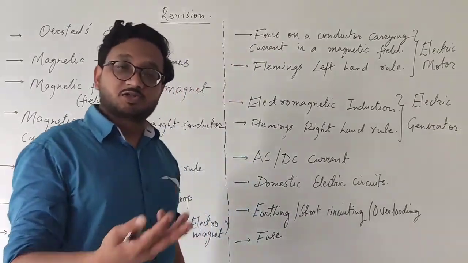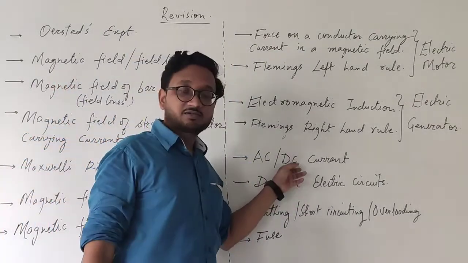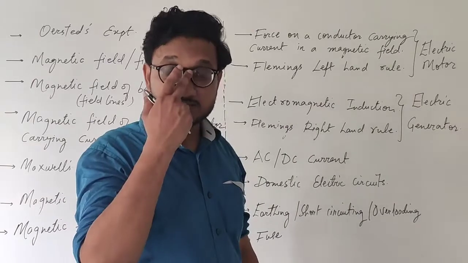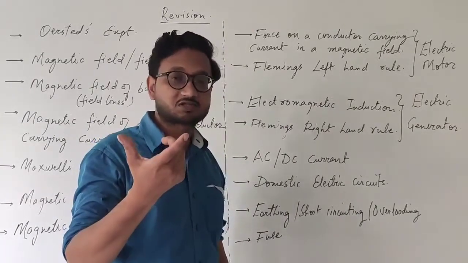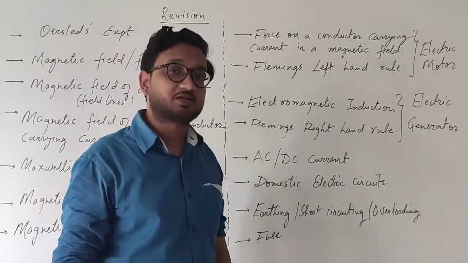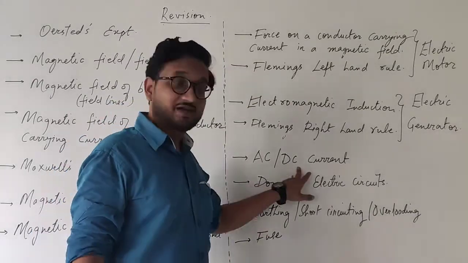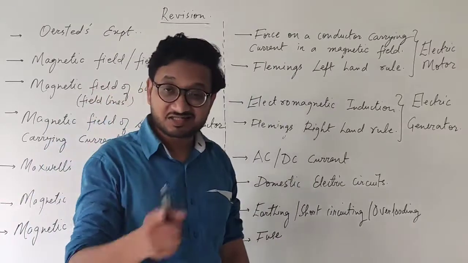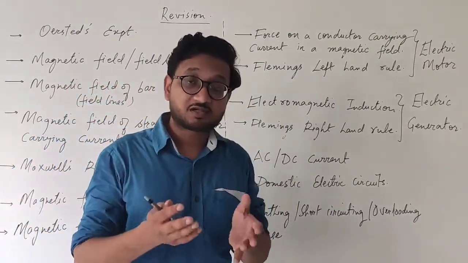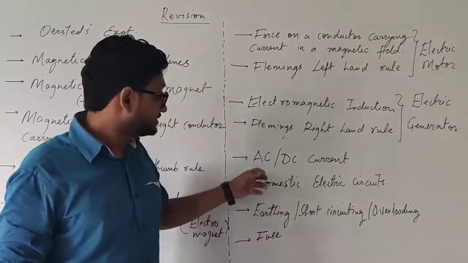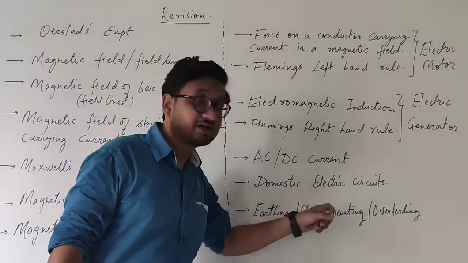So there are 2 types of current: direct current, that is, it does not change the direction, it remains the same, and it can be found in the batteries, the cells, in the smaller circuits, in the mobile phones, in the toys that we use. Those are direct current because the direction of the current does not change in the circuit. And in AC current, the direction of the current changes continuously. And this is what we use in our domestic electric circuit.